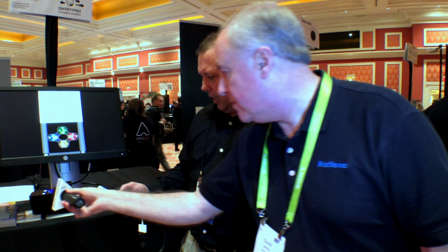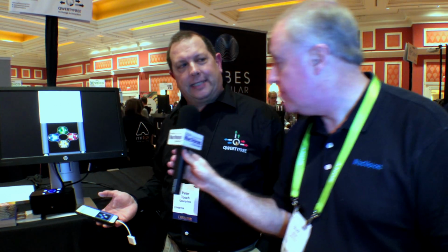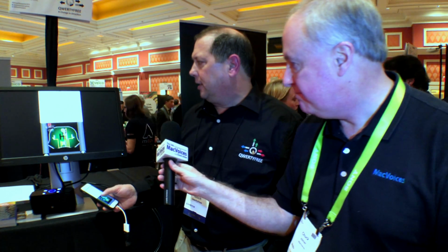Okay, so I'm going to put space here. So one of the things I didn't mention is the space key is the most often typed key, it's the largest key on the keyboard, right? So we made that the easiest. You just tap anywhere on the key. So I'm going to go ahead and type